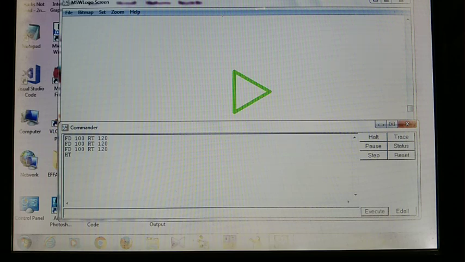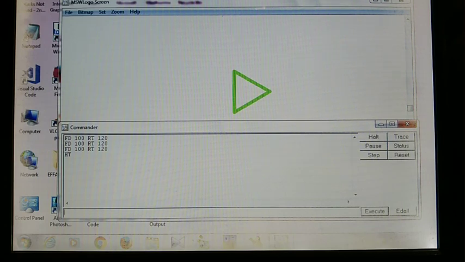Now I want to draw the same triangle by using the repeat command. At first I clean the screen. To clean the screen and the commands in the commander window, I type CS for clear screen, CT to delete all commands in the commander box, and ST to show the turtle.